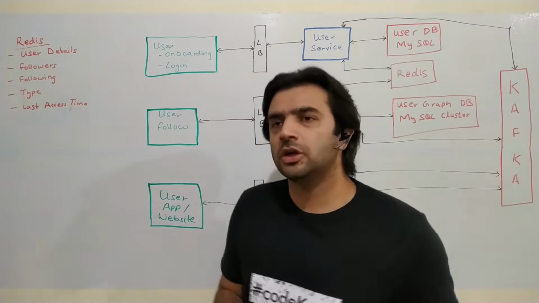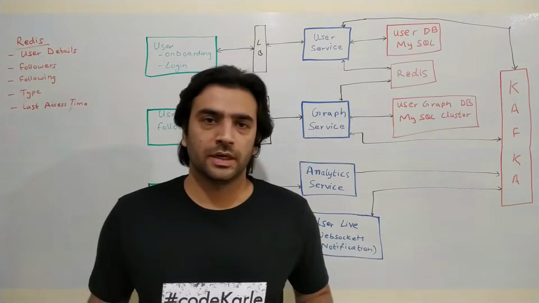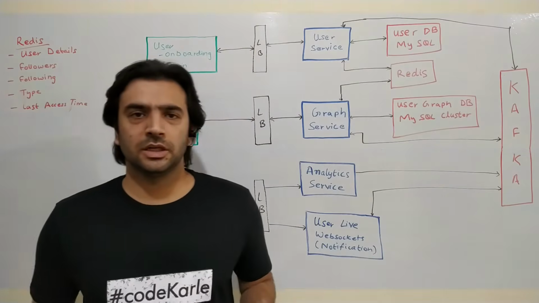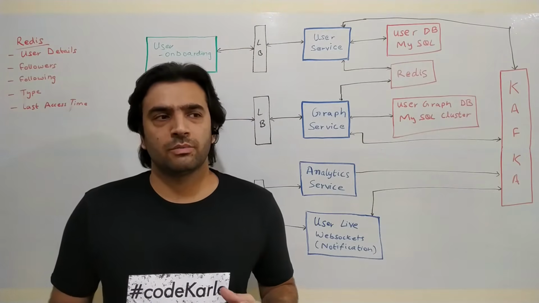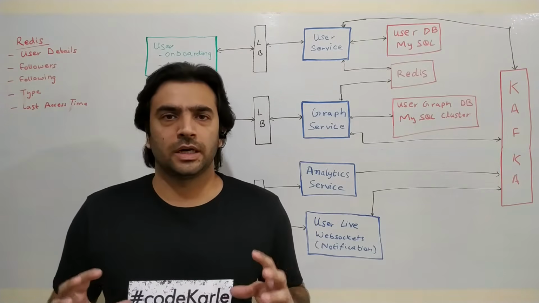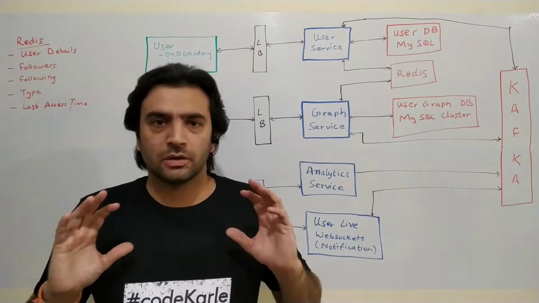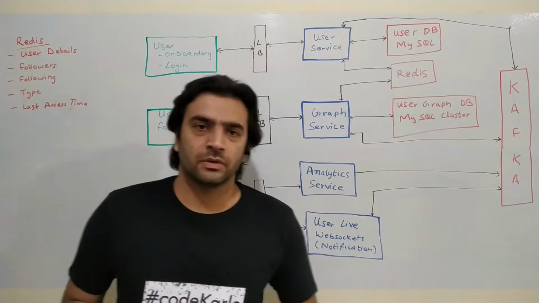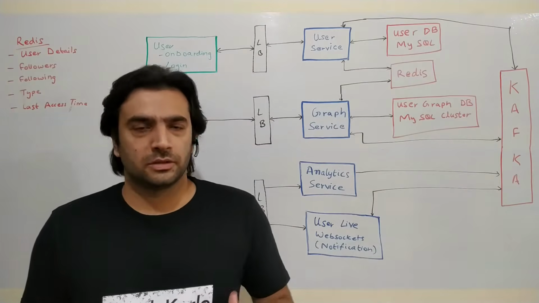Now, user service sits on top of a clustered MySQL database. This user information is very much relational information. From a scale standpoint, it has millions of users, but they are still finite enough, and it will not grow unboundedly. Plus, logically, it is a very relational model, so it makes sense to use MySQL here. And we'll be doing certain optimizations on this MySQL.